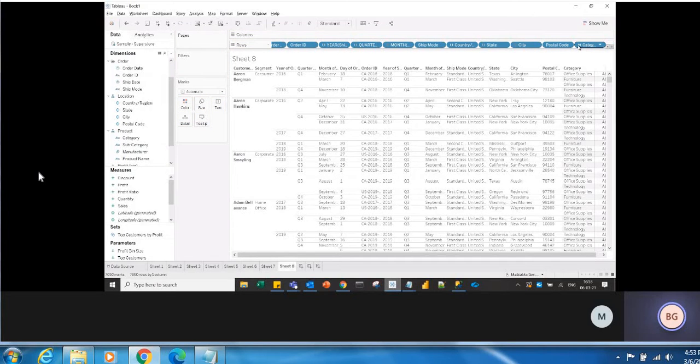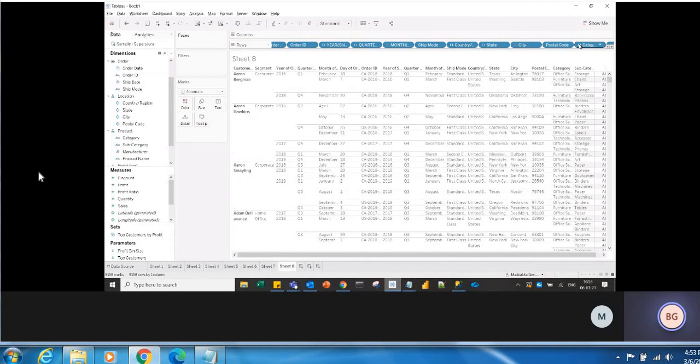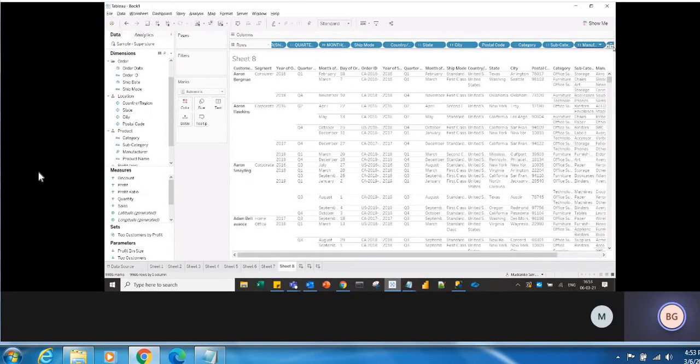Okay, from category you get the subcategory, and from subcategory you get the manufacturer, from manufacturer you get the product name. Okay, and what have we left out? We have left out only region, so drag the region. So now we have dragged all the dimensions that are available, correct? Yes.